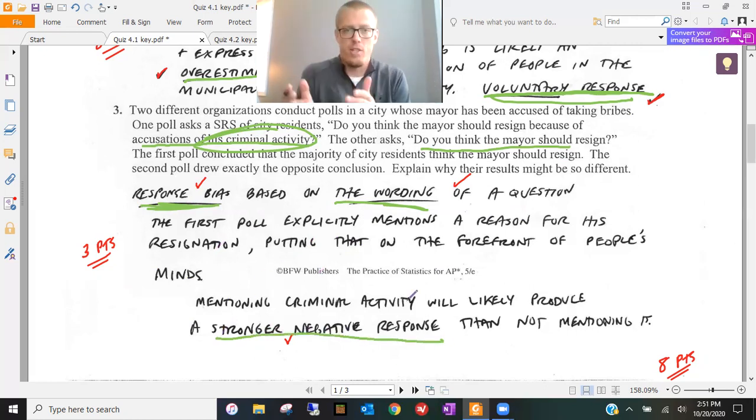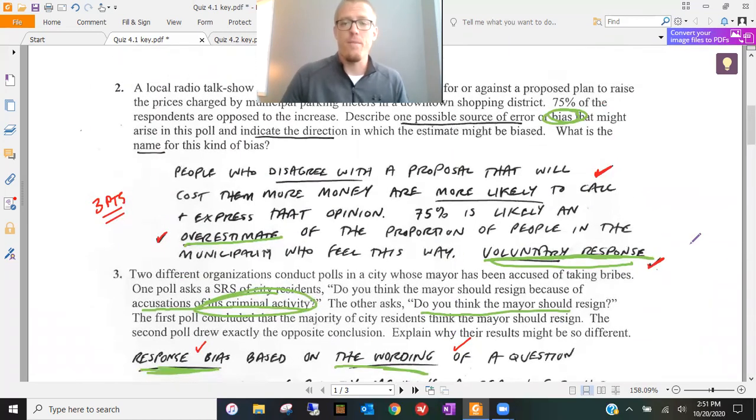And so there's the direction. Most likely the result we got is higher than reality, right? The bias here pushes people to answer yes more often than they normally would. And the bias comes from the wording of the question. In number two here, the bias came from the fact that people could call in an answer just based on whether they felt strong enough to call in an answer. That's a voluntary response. You're only going to get certain people to participate in that survey because they feel strong. So it's not going to represent the whole population very well. It's only going to be the people that really care.